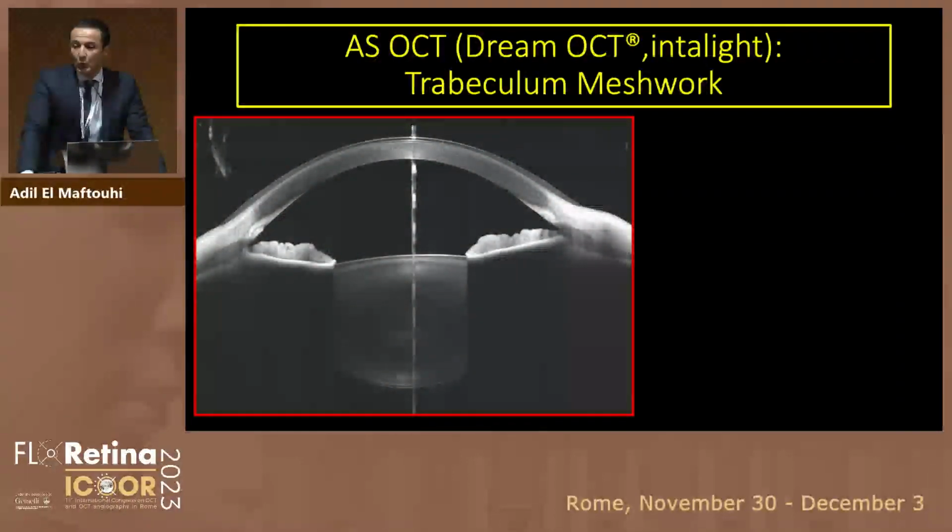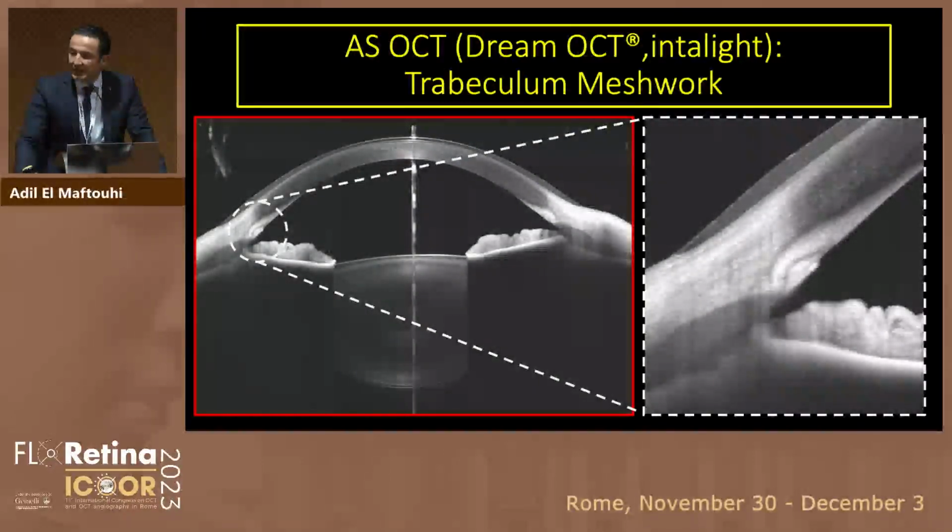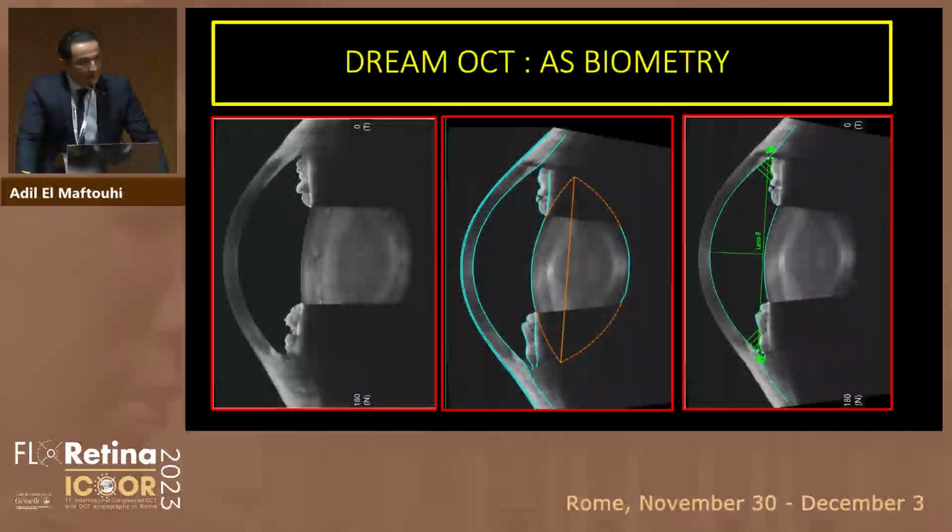You can have whole anterior segment images from the corneal epithelium up to the posterior crystalline lens. You can also identify the scleral spurs and the trabecular meshwork. You can easily obtain anterior segment biometry, but also crystalline lens biometry. It could be useful when you have a big bag to indicate the use of a capsular tension ring, especially for